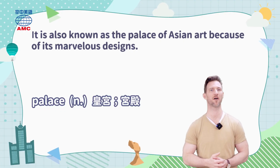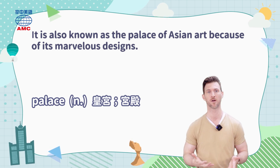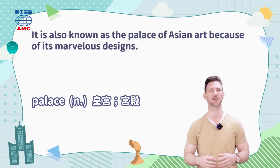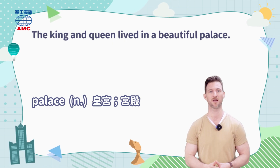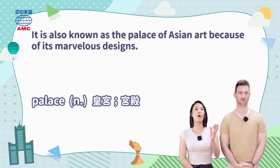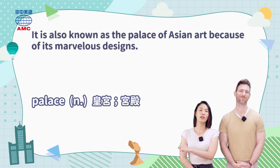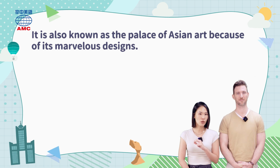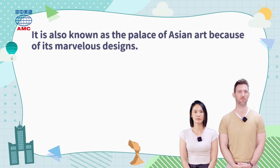Palace. Palace is a noun. It is a grand and impressive building where royalty or important people live or work. An example sentence using the word palace we could say is, the king and queen lived in a beautiful palace. Palace 这个字呢，指的就是皇宫、宫殿。由于呢，它这个奇妙的设计，三峡清水祖师庙也被称为东方的艺术殿堂。